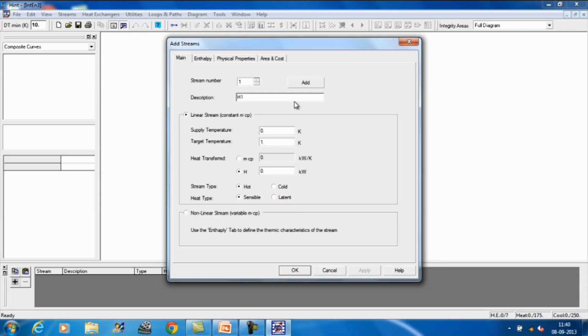This is H1, 140 and this is 50, MCP value is 2, add second stream H2, supply temperature is 90, target temperature is 40, MCP value is 6,